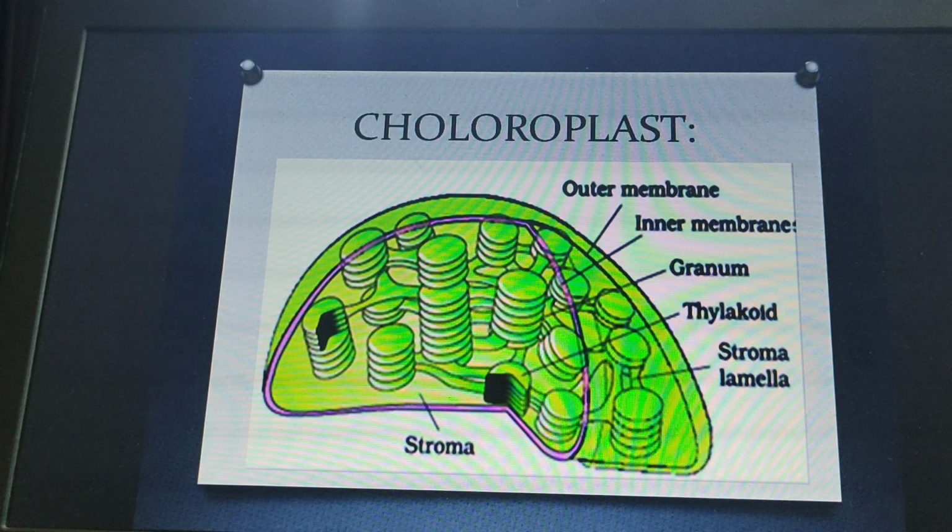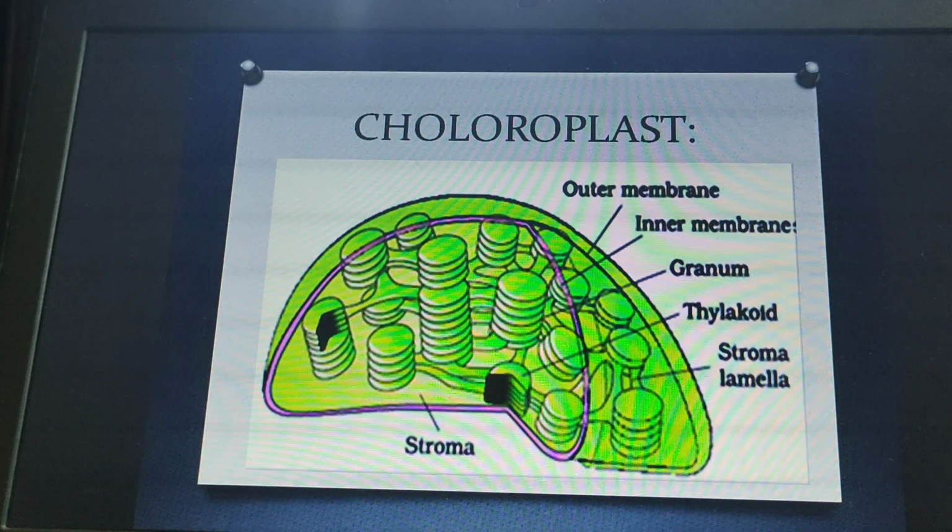And another important feature about the chloroplast is that, similar to the mitochondria, it also has its own DNA. It also has its own 70S type of ribosomes, and it is also able to synthesize some of its proteins. So this is also called a semi-autonomous cell organelle. And regarding the origin of the chloroplast, we have the same hypothesis as was proposed for the mitochondria, like they were free living organisms, and now they have adapted to a symbiotic relationship within the plant cells. So this is all about the chloroplast.